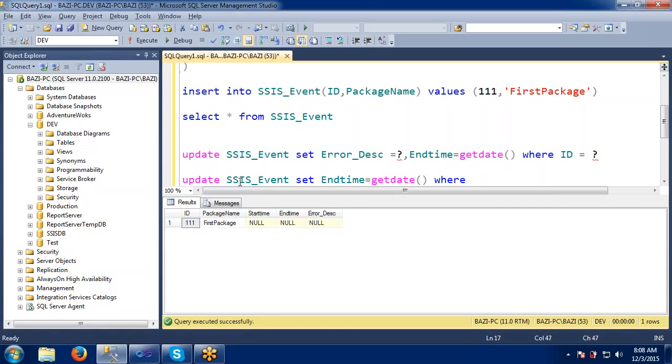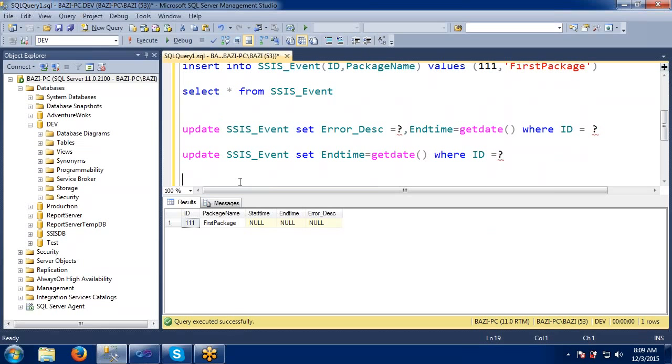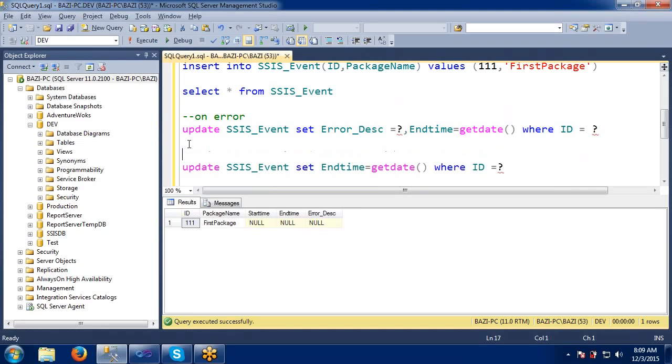Where? For which package we need to do this? It's just on our package, right? This is for the on error, this is for the on post execution.